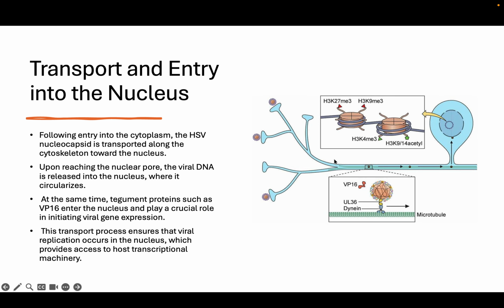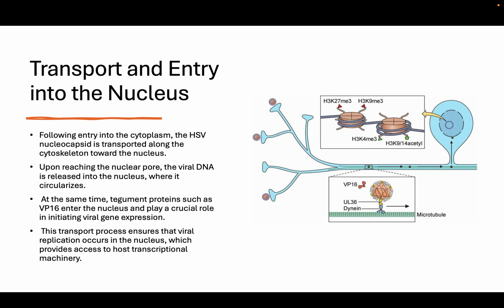They transport them all the way from the little dendrites to the body of the neuron, and once they reach the nucleus, the virus is going to release its genome, specifically its